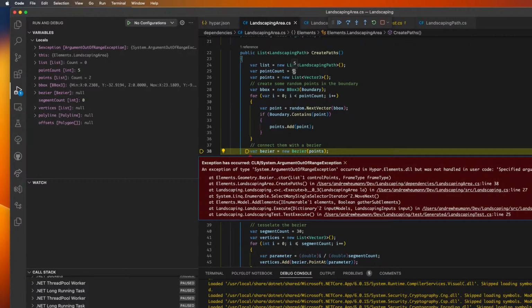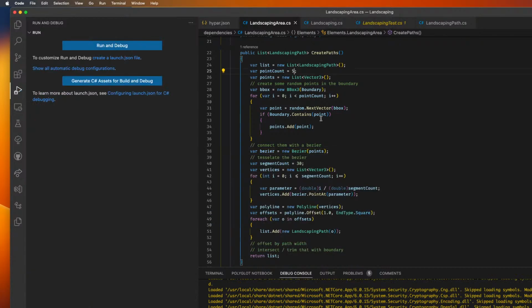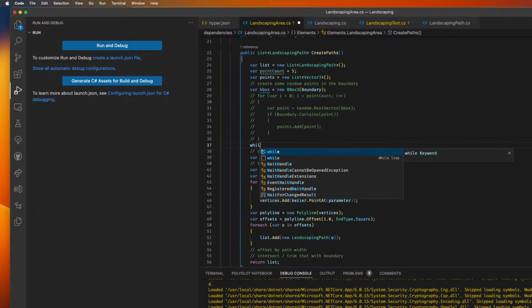So probably what I need to do is, one thing we can do, which will not satisfy it forever, is we can up the number of points that we try. And the other thing we can do is, excuse me, actually, let me think about this. I wonder if it's dangerous to use a while loop here. What I really want is for it to add 5 successful points. So let's do this. While loops are always dangerous. You always risk an infinite loop, but let's just say while